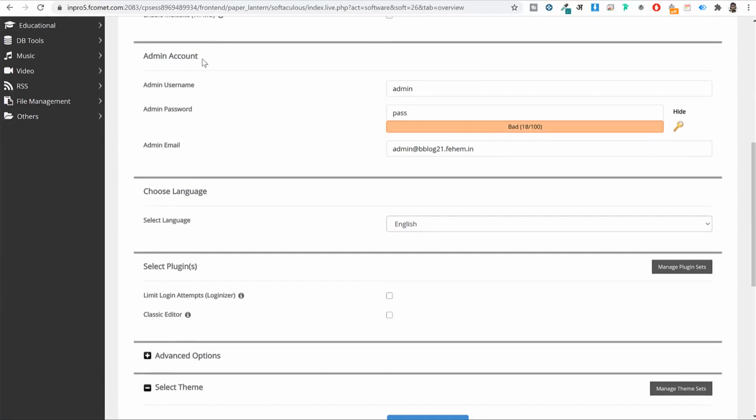Then when you scroll down, you have the admin account, a very important option. Your default username right now is admin and your default password is pass. Make sure to change this, very important. If you don't change this, there are very high chances that your website might get hacked, because the person who is trying to attack your website already knows the username and password. Whenever someone is trying to attack your website, they try the username admin and password pass. So make sure to change this, hide this and